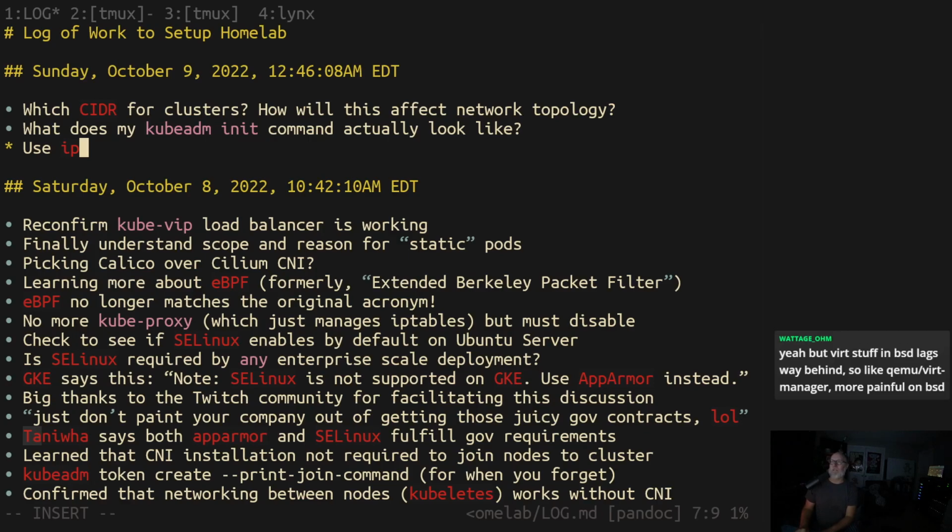But stuff in BSD lags behind. I know. That's what ultimately I had to conclude. If they ever successfully figure out how to get LXC to work on BSD, and I don't even know what I'm talking about, that's such a low level thing. But if they were ever able to make a compatibility layer that's performant, that is LXC and not jails